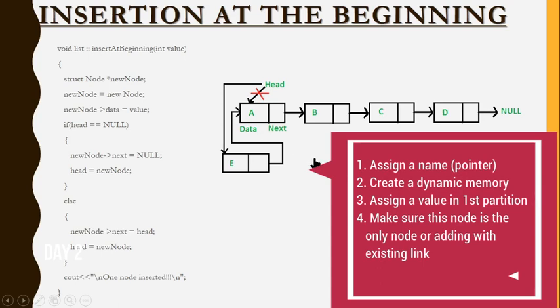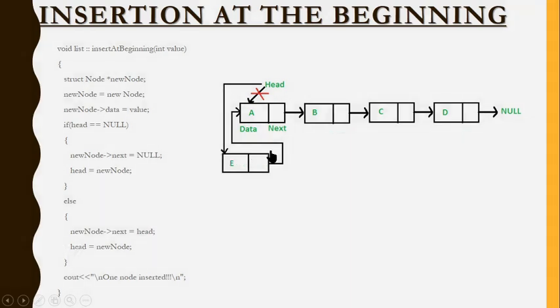So these are the four important steps you have to remember. Let me recollect that. First, create a pointer for the node. Second, create the node. Third, mention the data in the node. Fourth, decide whether this is the only node or it is going to be inserted along with the existing nodes. This is the only node, so obviously you go for an if-else condition. If this is the only node, what do we have to do?